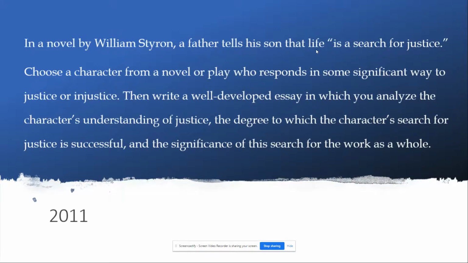So how could any life be a search for justice? What kind of justice? And then you have to think about your character and analyze not just their understanding of justice, but was theirs successful? This is also a good prompt to look at because it has these 3 things going on. You have to analyze what the character thinks justice means. How did their search for justice affect them as a person? Were they successful? Was it a healthy search for justice or an unhealthy search for justice? There's room for both in these. And then, of course, the significance to the